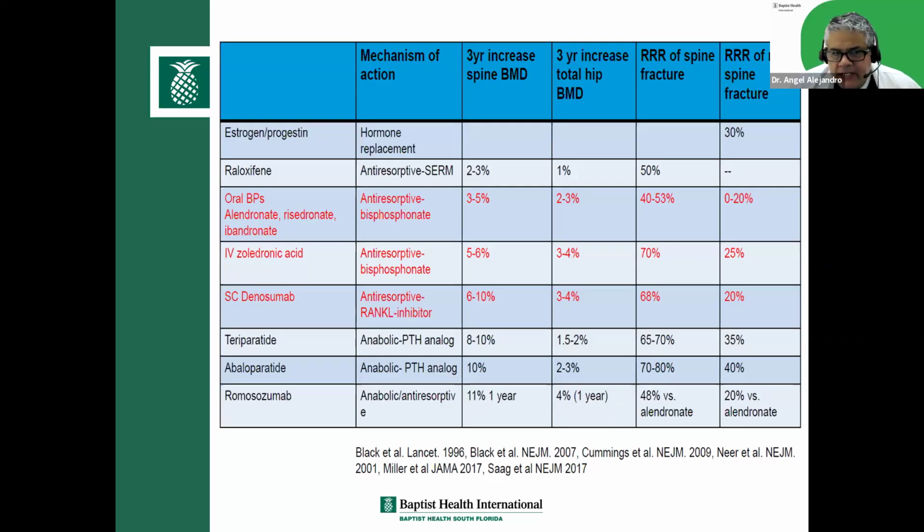At the time that it came out, we didn't have the other agents, so we did use it a lot. But right now, I focus on anti-resorptive therapy with bisphosphonates and then anabolic therapy, with either teriparatide or the Tymlos, as you see on the screen, which are very effective as well. And then the romosozumab, which is your Evenity, on the bottom. That to me is the greatest of all the agents. The problem with it, as we'll see, is it does have some possible side effects.